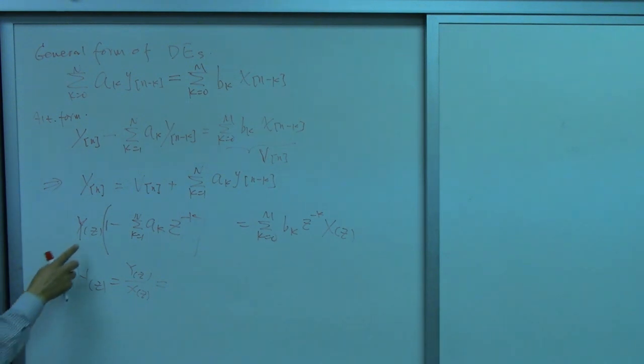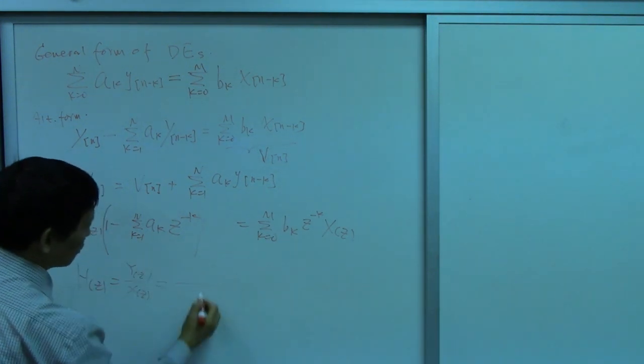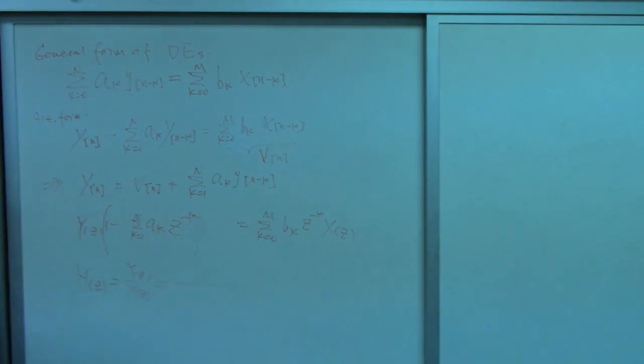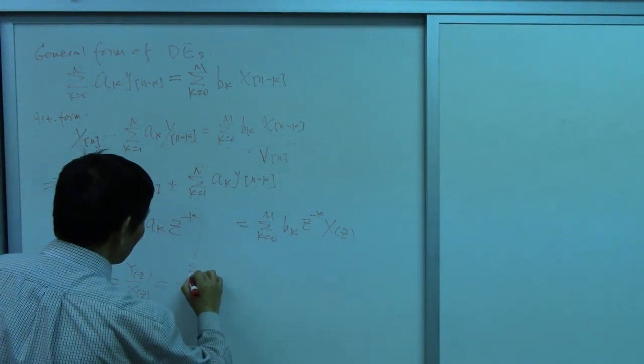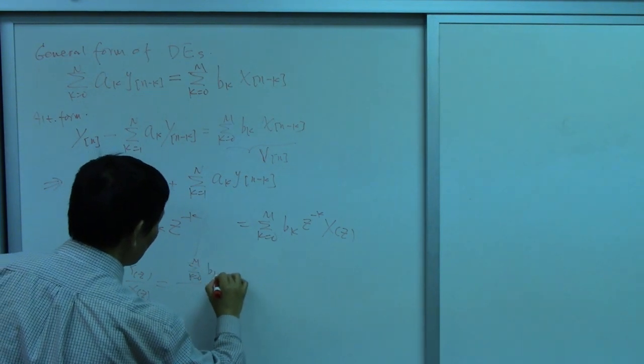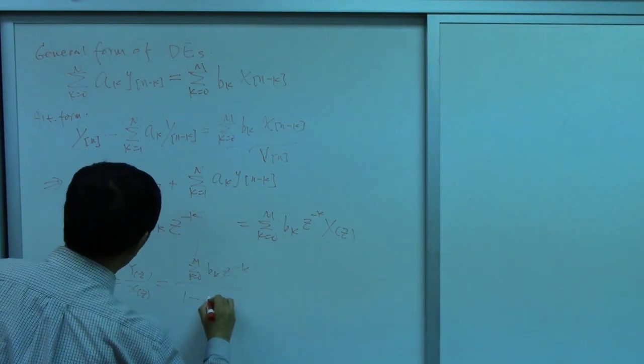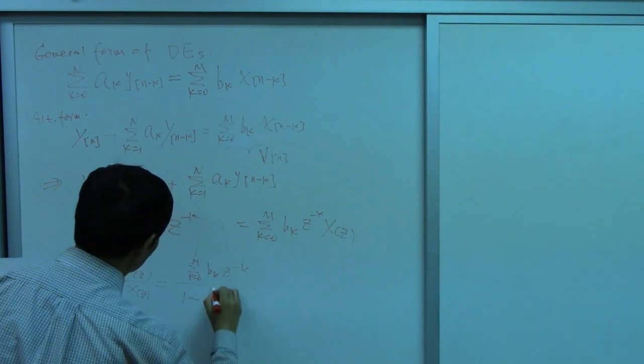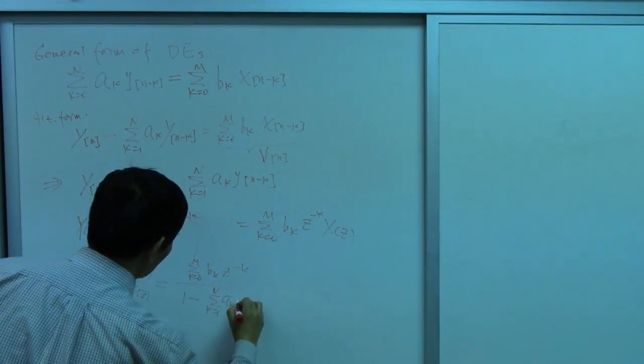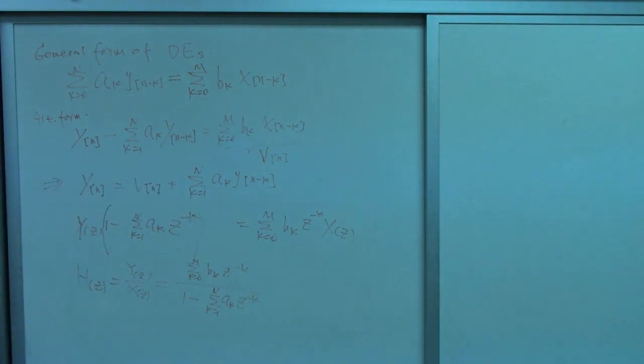So this term will be on the bottom, and this term will be on the top. So this one will be the sum for k equals 0 to M of b_k z to the negative k, over 1 minus the sum for k equals 1 to capital N of a_k z to the negative k. Does that make sense? Last time we said, given a difference equation, you should be able to write out directly